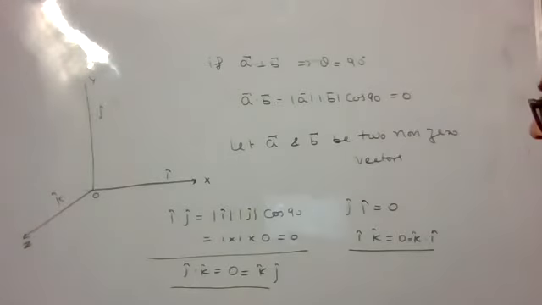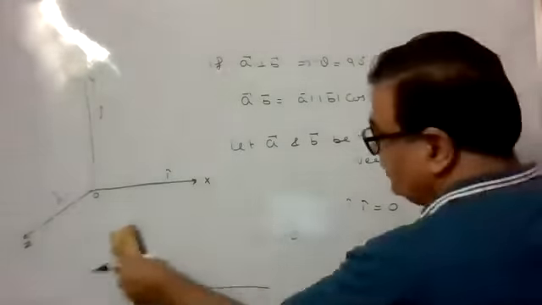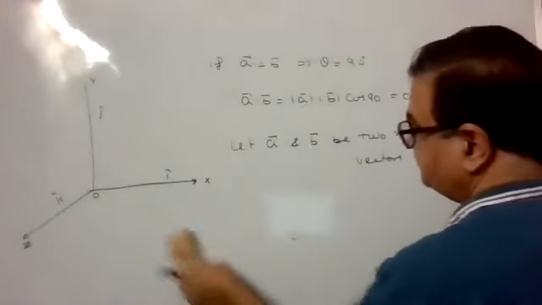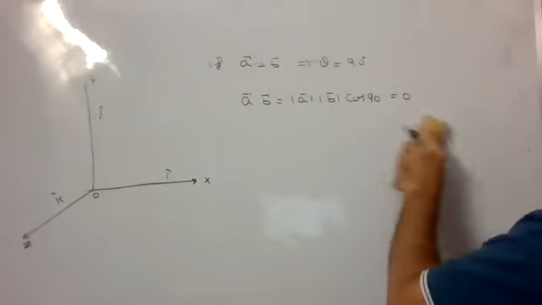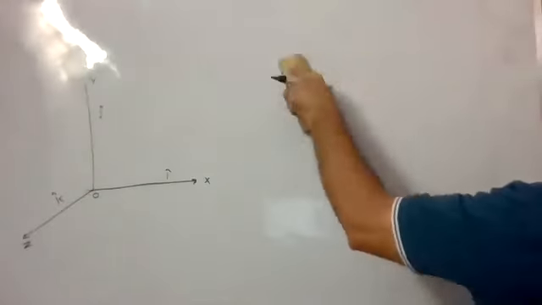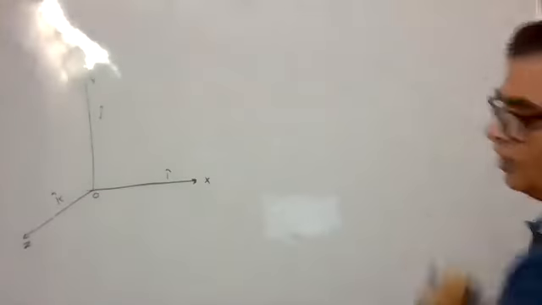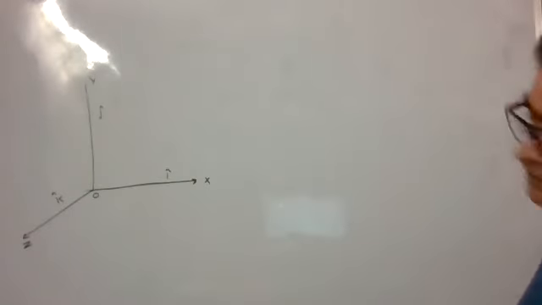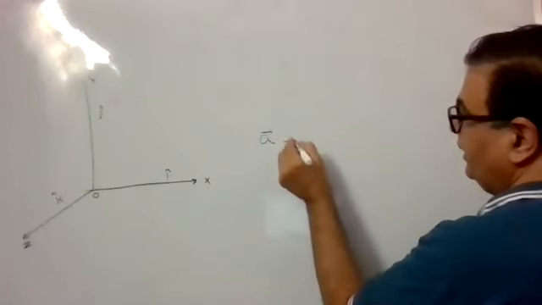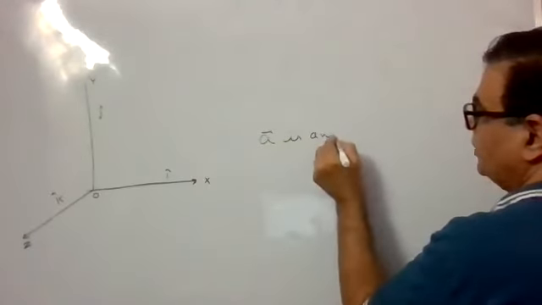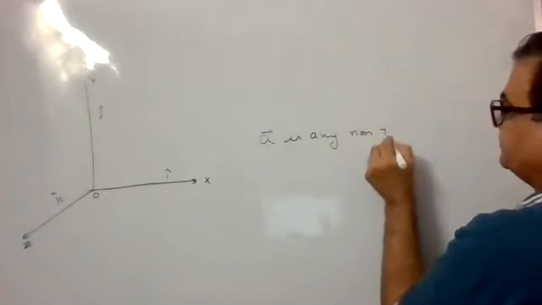Next property, please. So this is an important result you should remember now. Next property, please. If A is a non-zero vector, if vector A we are taking as a non-zero vector, if A is any non-zero vector,